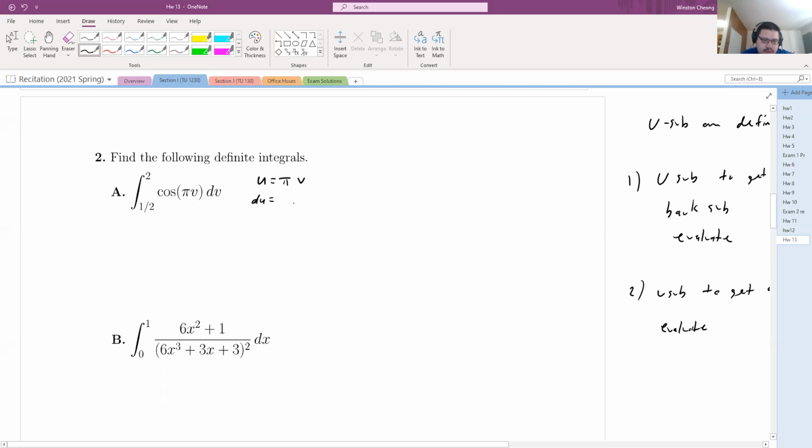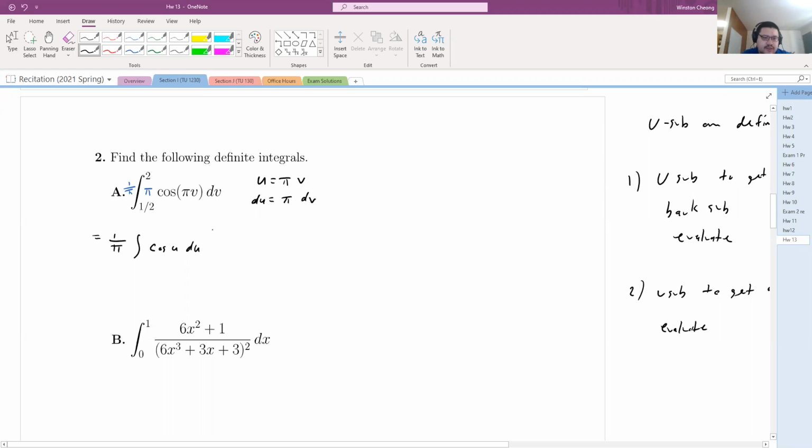So this is going to be pi dv. And so what you want to do to integrate this is you want a pi inside to absorb. Okay, so this is like the u sub from the previous problems that we just did. Okay, so now this is going to turn into cosine of u du,